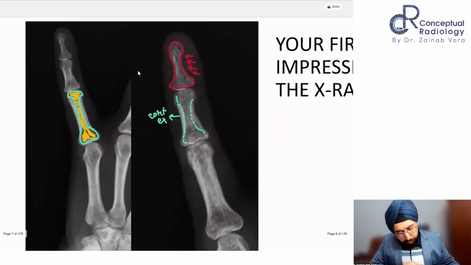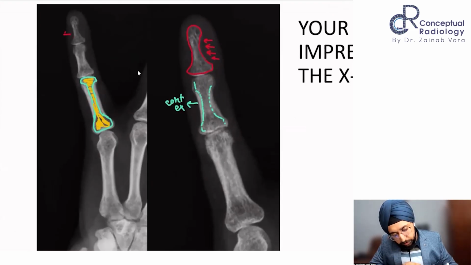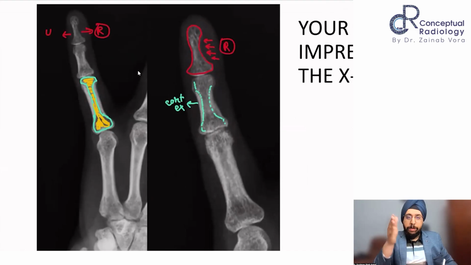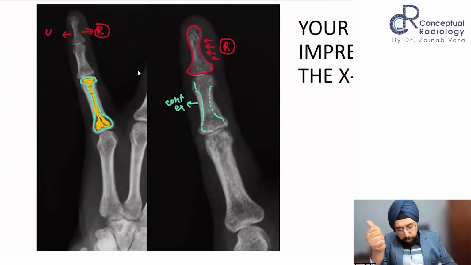Now we can see that this would be your ulnar aspect and this would be your radial aspect. Okay, so basically what we are dealing with here is an abnormality on the radial aspect of the shaft of the distal phalanx. Okay, so but what is normal here is the